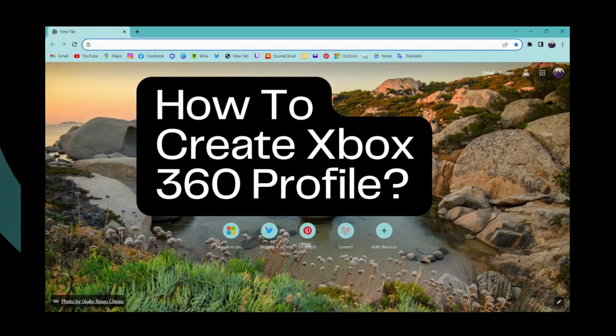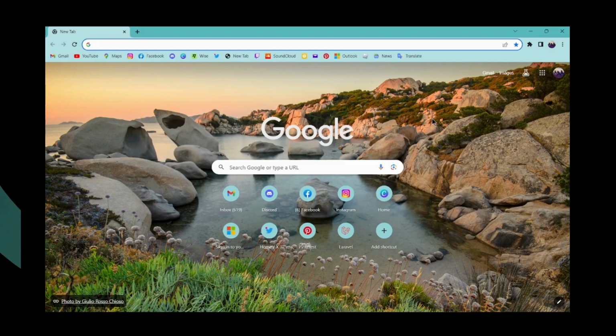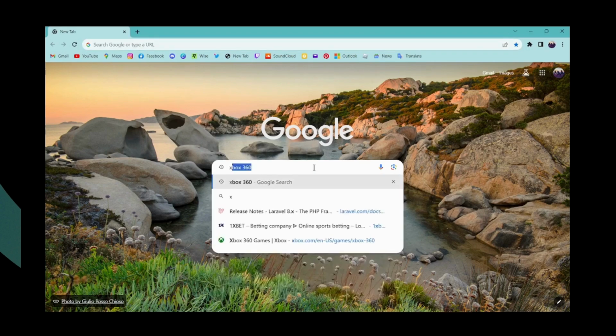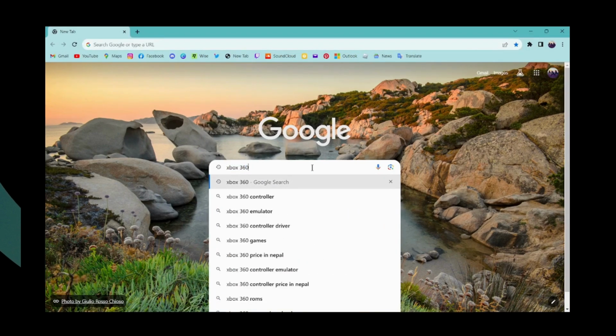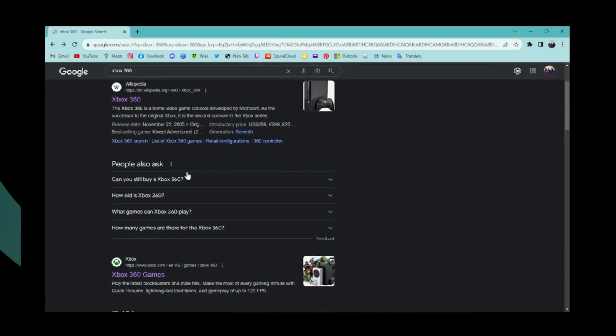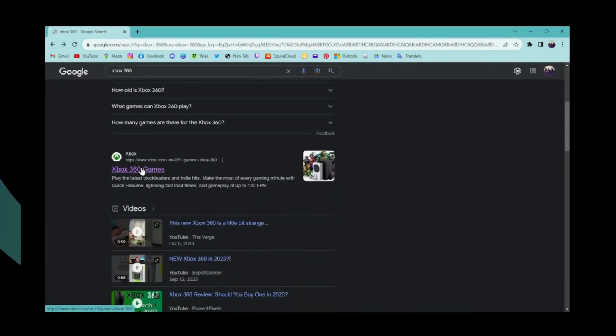How to create an Xbox 360 profile. So if you want to create your Xbox 360 profile, then first of all you can open up your browser and then search for Xbox 360 and then simply scroll down, and here you will have www.xbox.com. You can click on that,